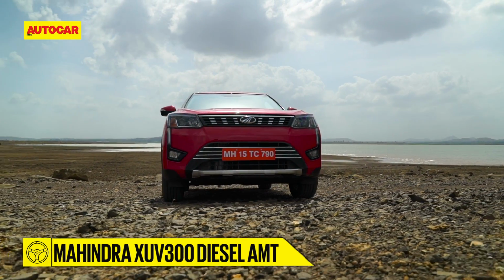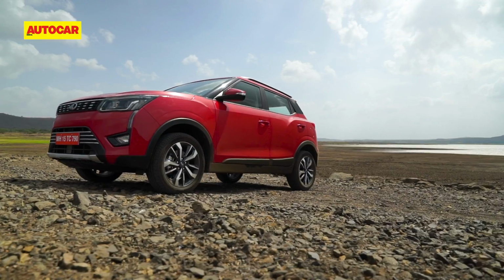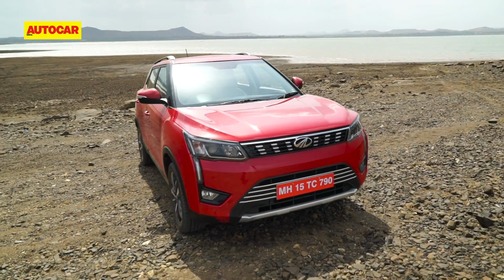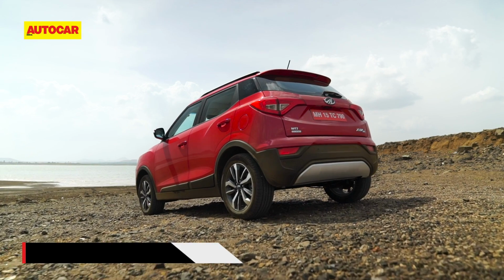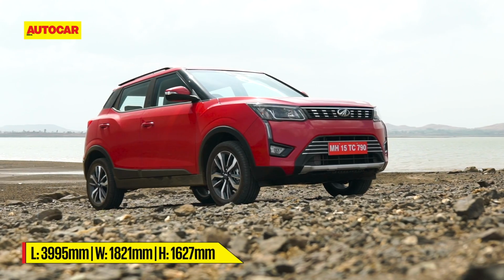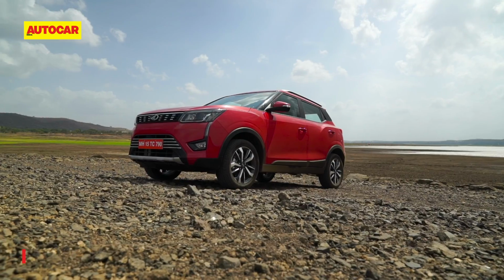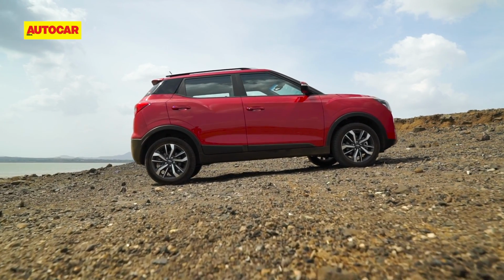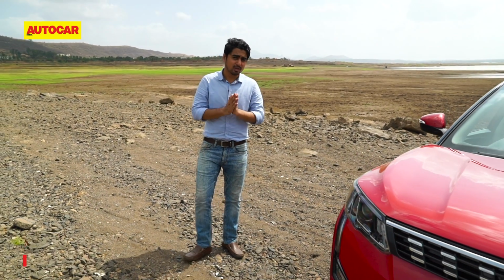Mahindra has just launched the XUV300 diesel AMT, and this fills the void of an automatic in the XUV300 range. This version couldn't have come a moment sooner, as the Hyundai Venue has been grabbing the limelight in the segment, and although the Venue has a lot going for it, it doesn't get a diesel automatic option. And then there's the Tata Nexon, Maruti Vitara Brezza and Mahindra Nuvo Sport, all of which get automated manual transmissions